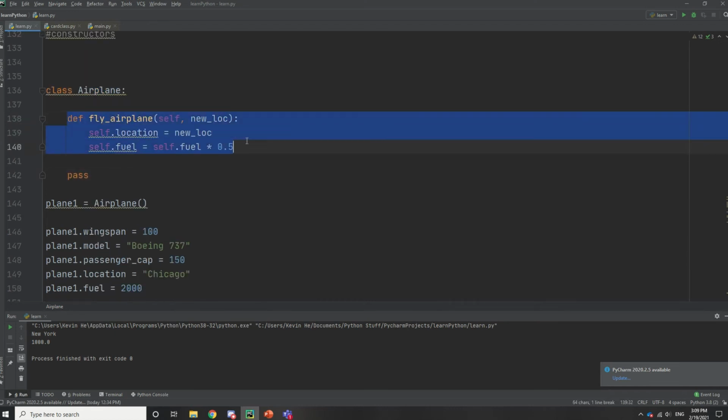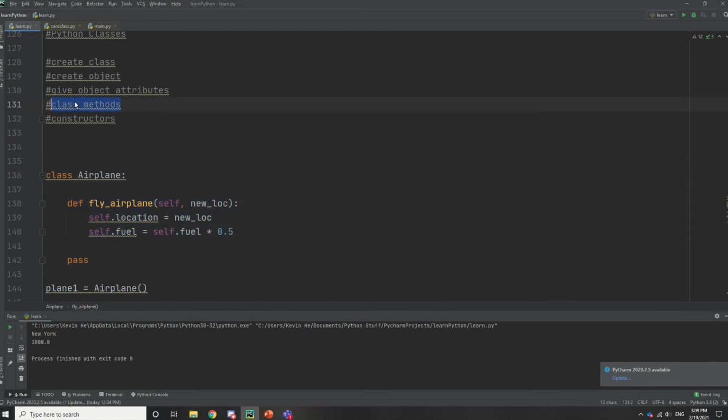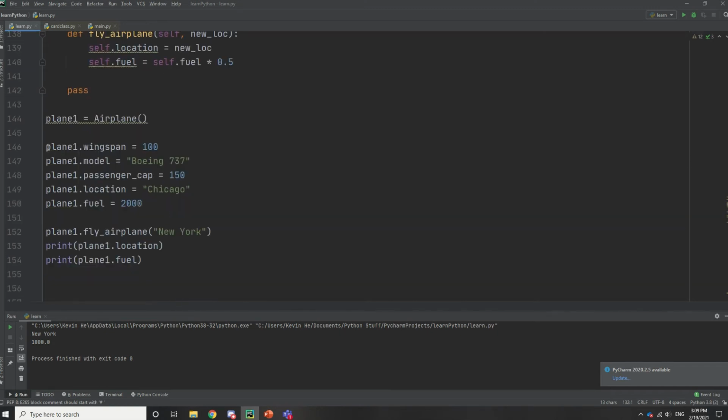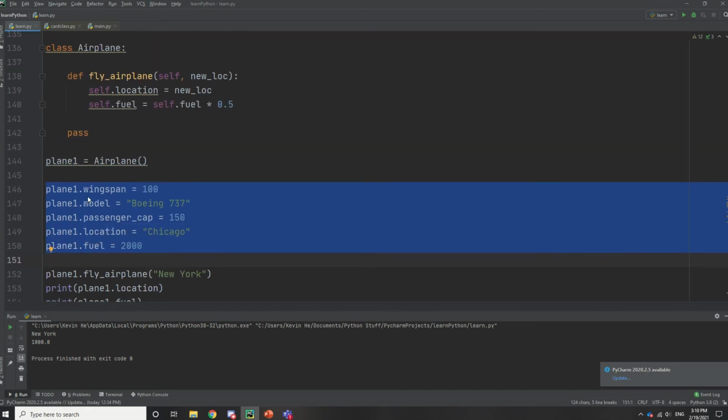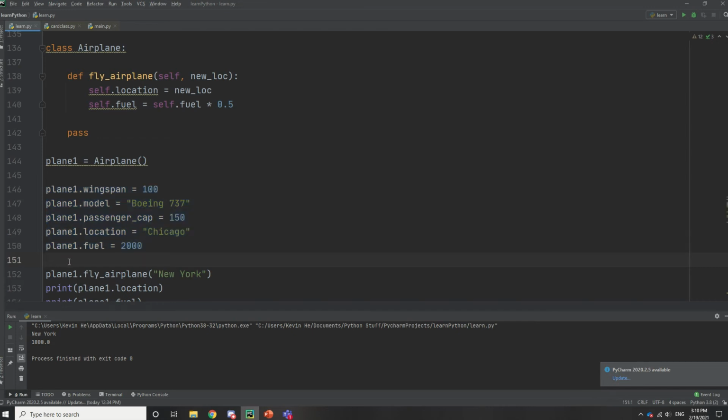Yeah, I just wanted to go over methods. So we've done this, and this, so we're gonna go over constructors now. A constructor is basically a fancy method that does what we've done down here all in one step, and it makes our lives a lot easier. And one more thing, the good thing about